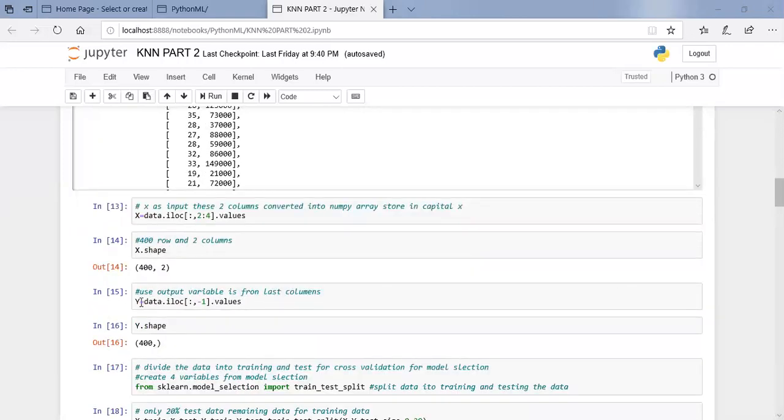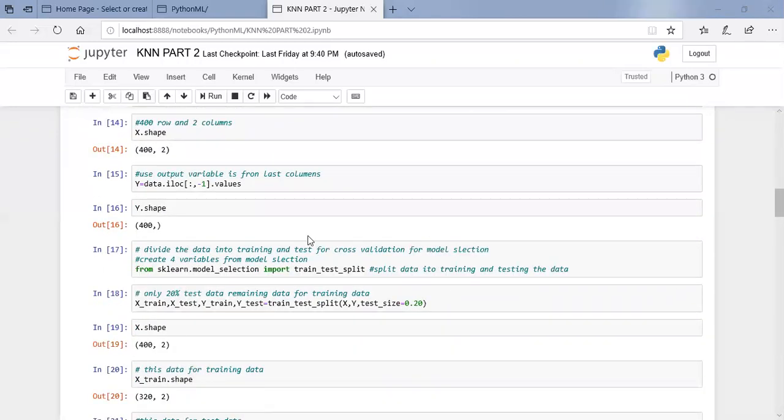Another variable is created: y equals data.iloc[:, -1].values, and y.shape gives the number of rows and columns.